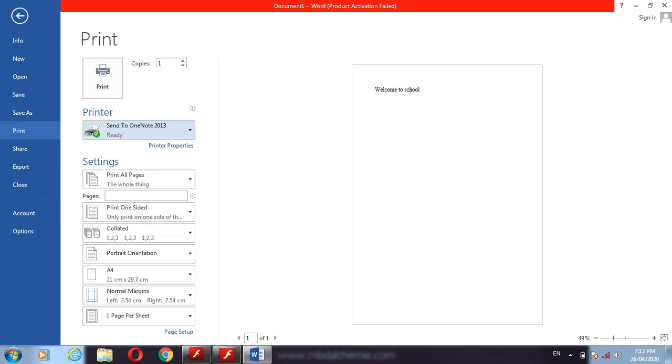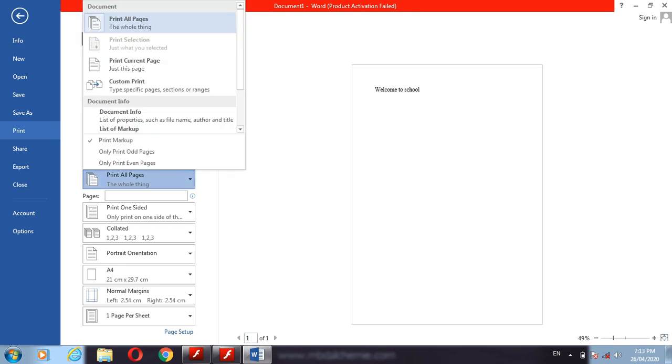Here all the default settings are available, which means these settings are already predefined. So we have to go here. How many documents do we want to print? Print all pages or only print the current page? Current page means what? If you want to print only